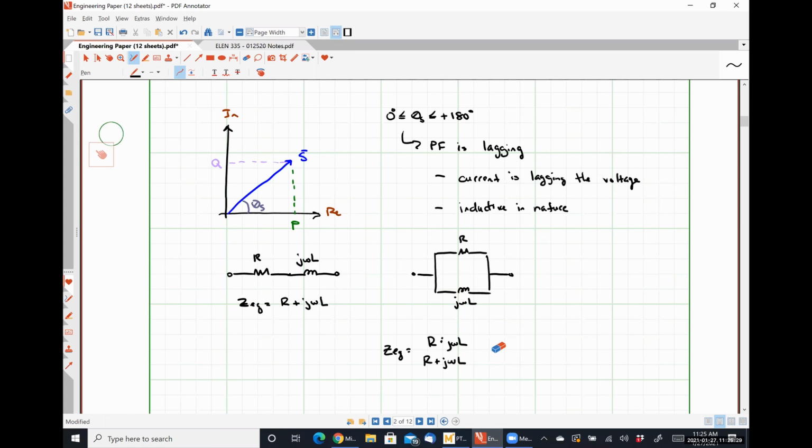So what I'm going to do is multiply by the complex conjugate of my denominator, which will get rid of any imaginary parts in my denominator. So if I multiply this by R minus j omega L over R minus j omega L, what I get is, let's see,